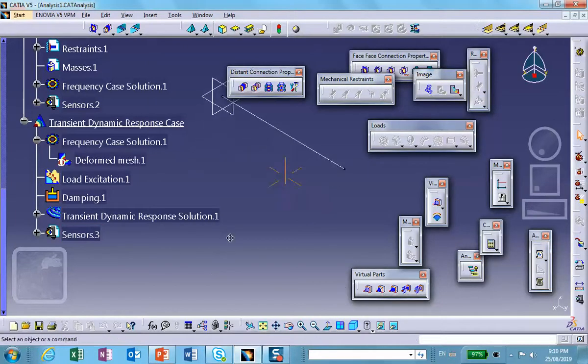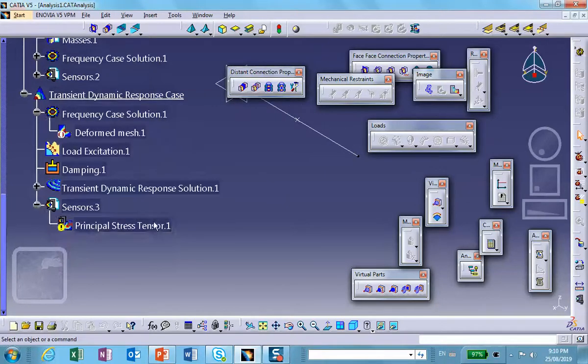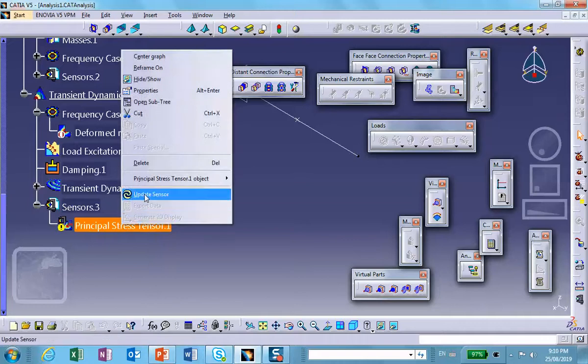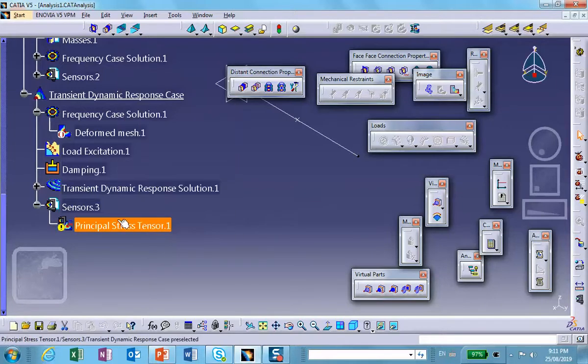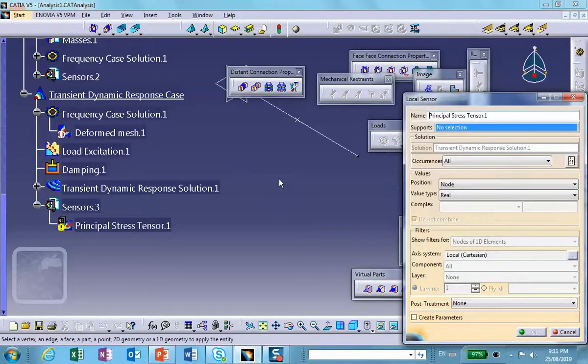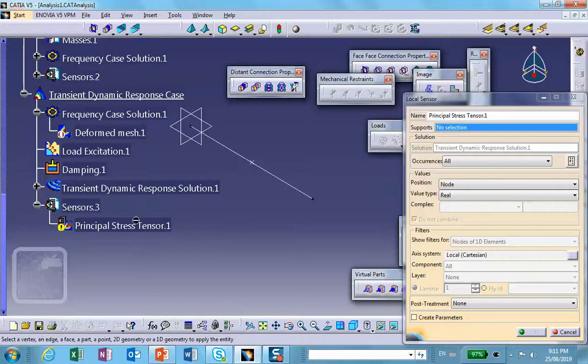You might say, well, what happened? Well, look, if you expand this, you see that it's attempting to generate the data. Now, let's do something else here. Right click, update sensor. Actually, let me do the following. Double click on this. Before I say right click, update sensor, I double clicked on this line and